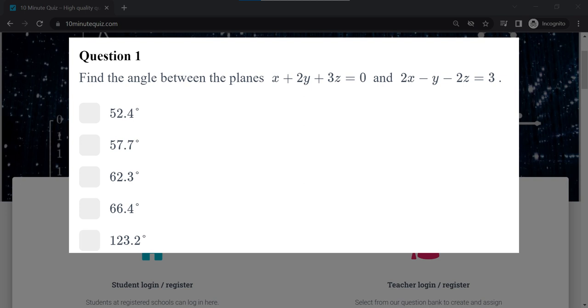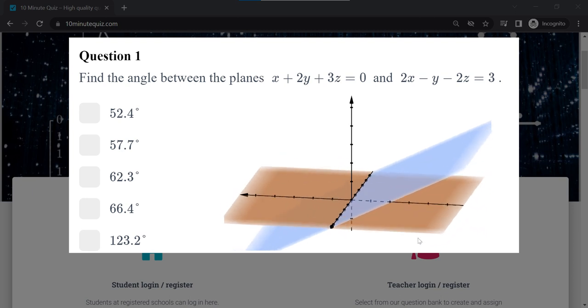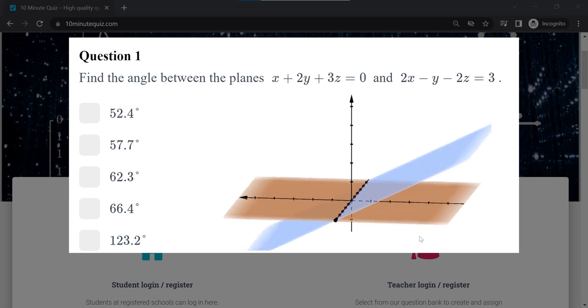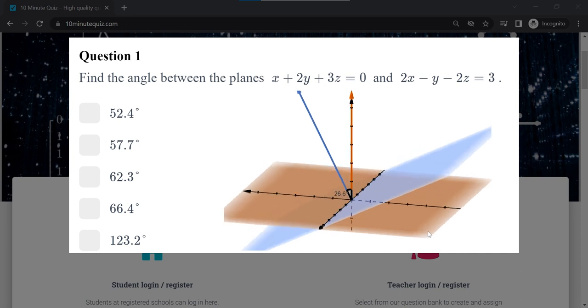So we're going to find the angle between two planes. And before we do this specific example, just to show in general, if we have two planes in 3D space, so here we have the orange plane, which is just the xy plane, and what we want to find is the vectors that are normal to each plane. So that means perpendicular to each plane. So the xy plane would be perpendicular to the z-axis, and the blue plane would be perpendicular to this vector here. And if we can find the angle between those two normal vectors, then that actually gives us the angle